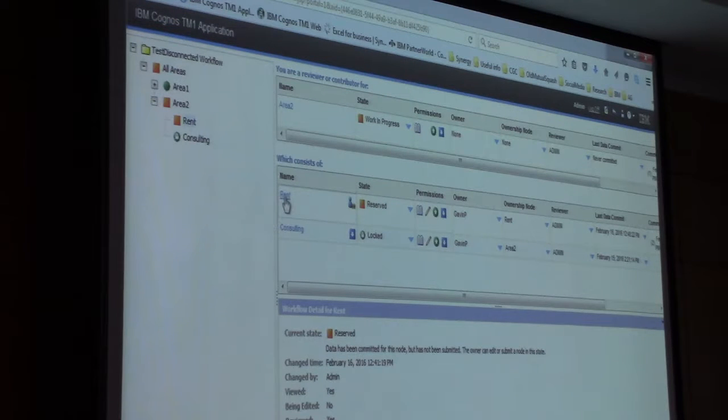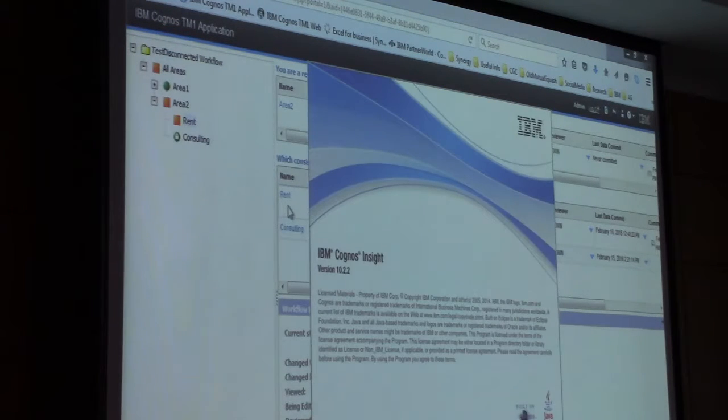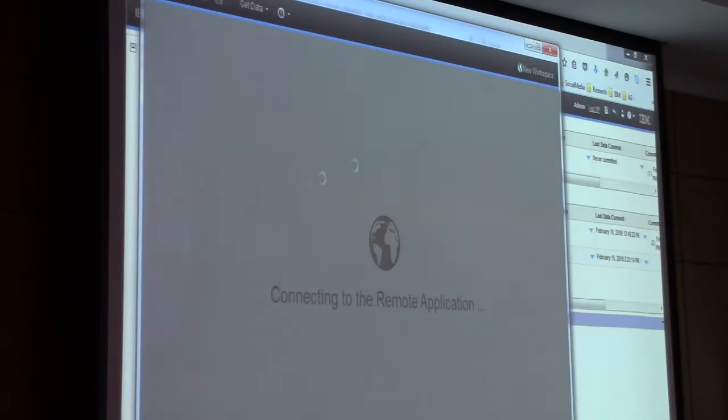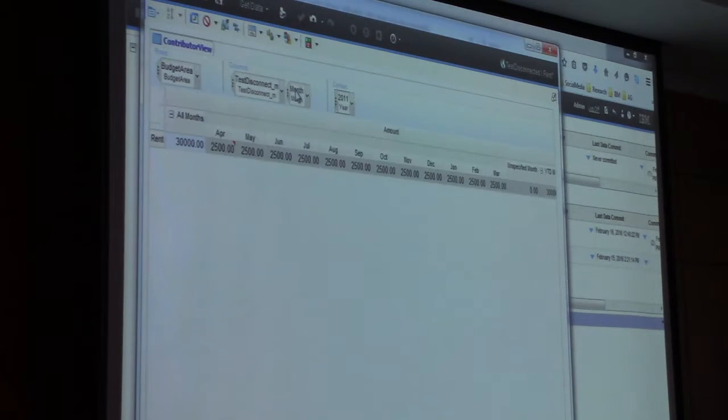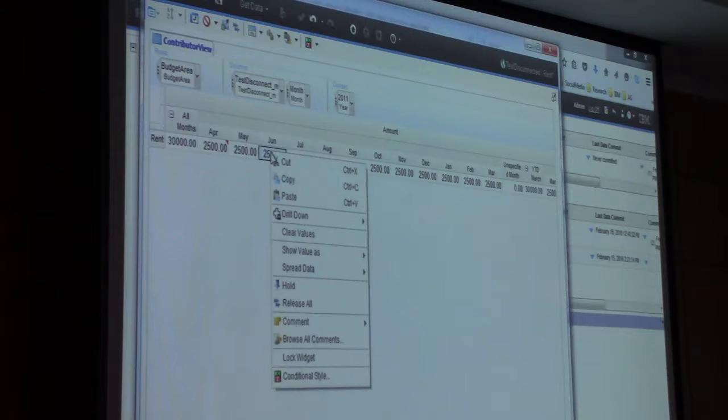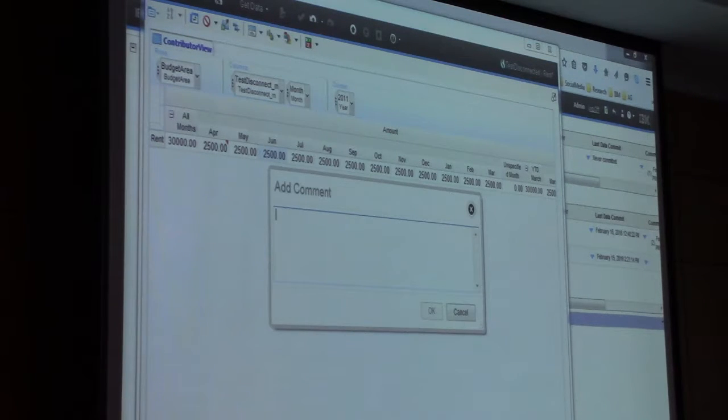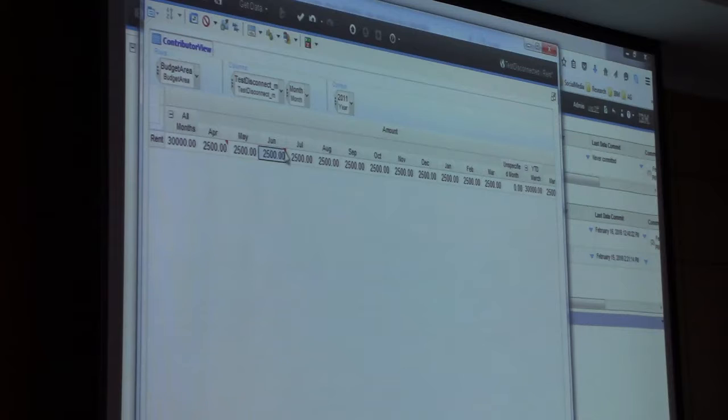And then I can go in and maybe I want to add a comment, but not at a global level. Maybe I want to add a comment at a line item level. So again, I could just do that if I wanted to. I can take ownership. I can right click. I can add a comment, and you'll see that as soon as I add a comment, there are these little triangles.